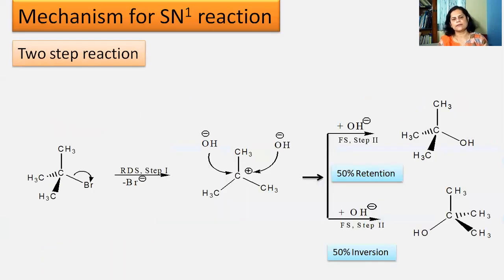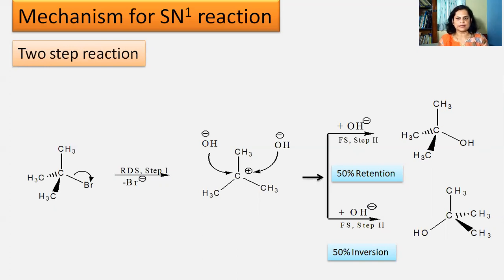Now see, in the SN1 reaction the formation of a carbocation takes place. So for the attack of the nucleophile on that carbon, the possibility of formation of products is two. When that OH minus, the nucleophile, attacks that carbon from the front side, it forms a structure similar to that of the reactant. That means the structure remains as it is. We can say here retention of configuration. Retention of configuration means the structure remains like that of the reactant.